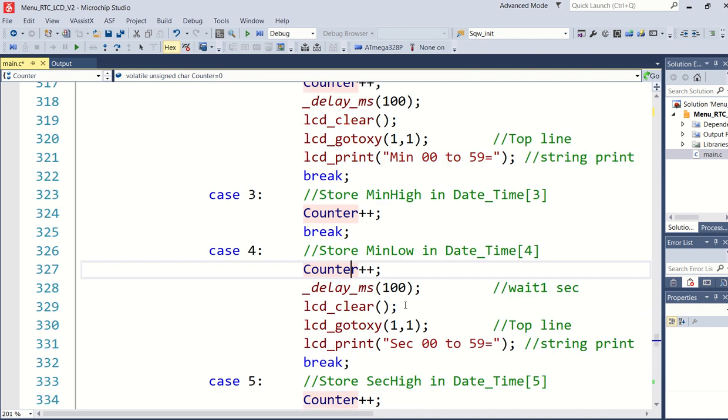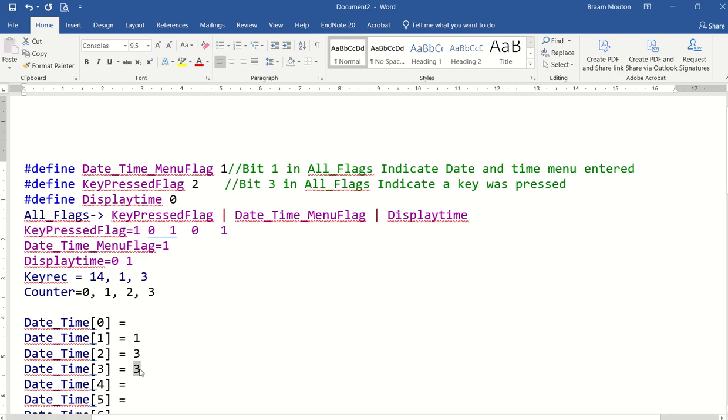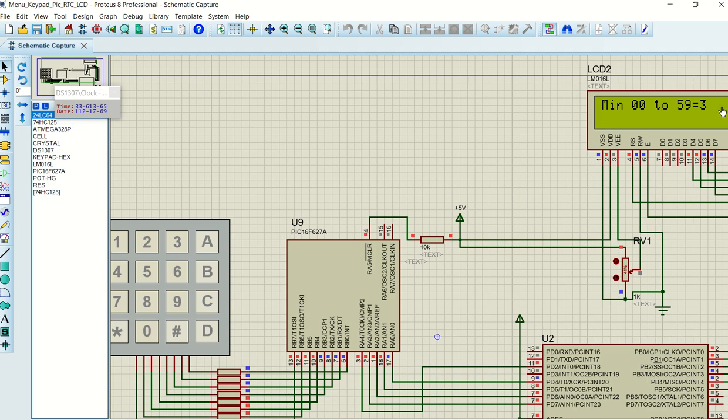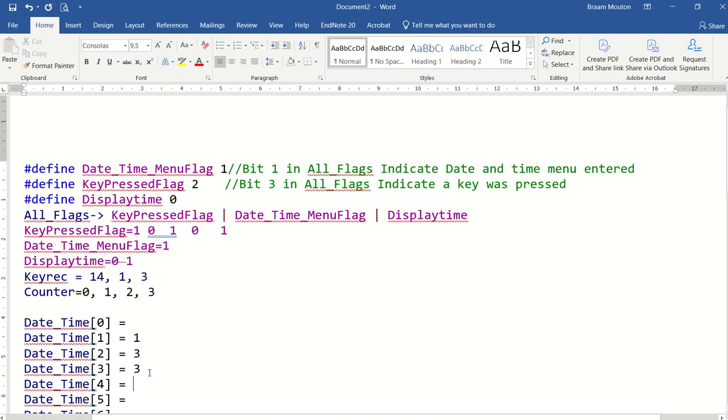And now the process, as you can see, is the same. I'm just storing values one after the other. So if I type on my screen 36 at this stage, it will show 6 there, but the 6 in the array will actually be stored here.